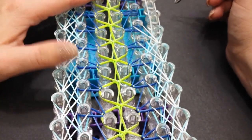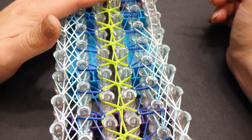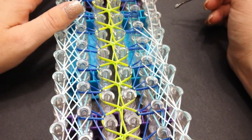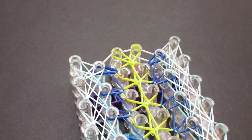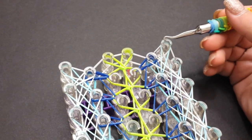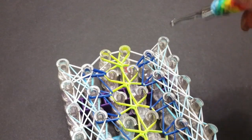So I am halfway up the loom. I'm going to get this side finished, and then I will show you guys how to close it off and get it off of the loom. I'll be right back. So when you reach the top, remember that last band connecting to the two top pins,